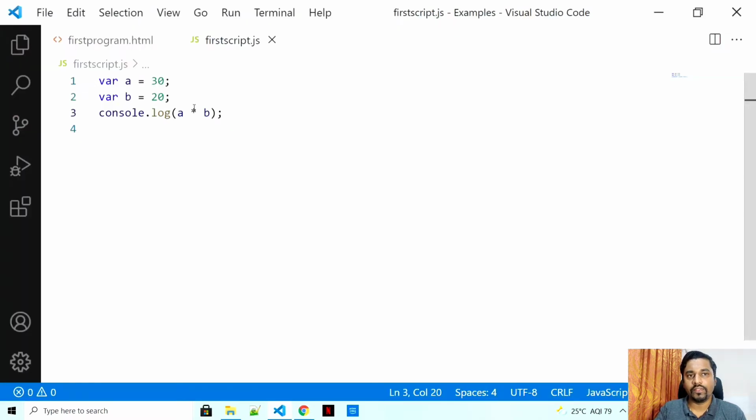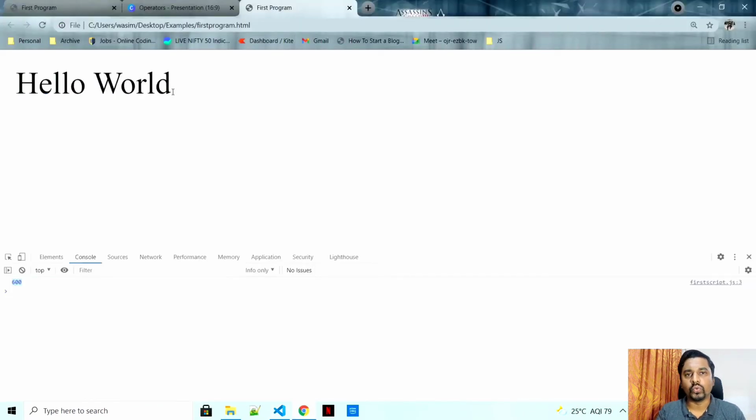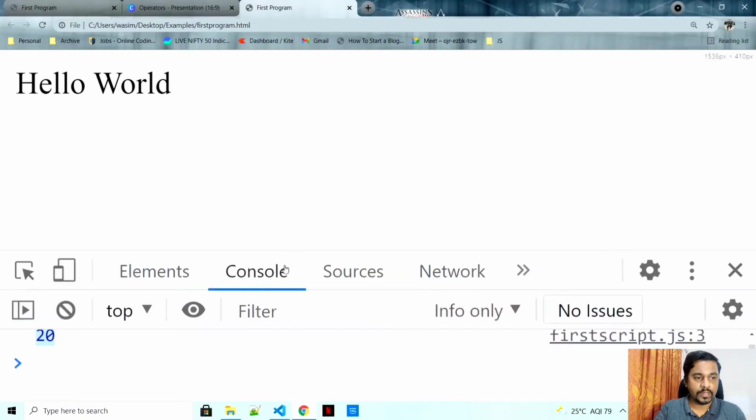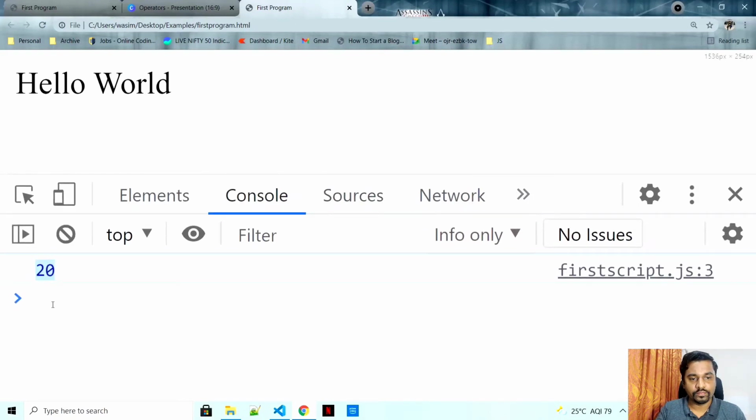If you just multiply 30 with 20, it's always going to be 600. So to make it a smaller number, I'll do 10 plus 10 into 2. Okay, that is going to be a smaller number. Refresh, and the value would be 20. That is the third way we printed, and the third arithmetic operator that we saw. Let me just quickly zoom this for you. See, the value is 20.